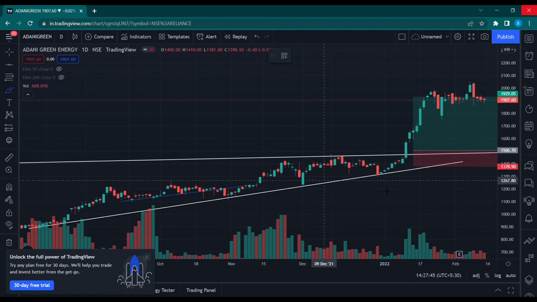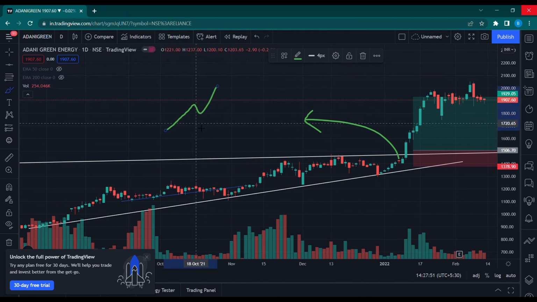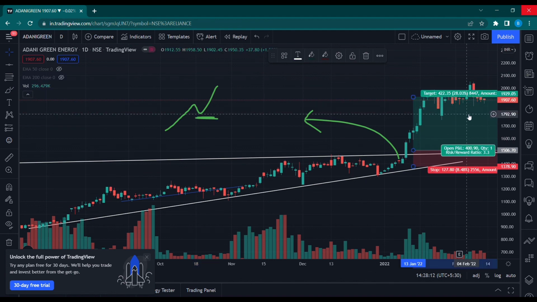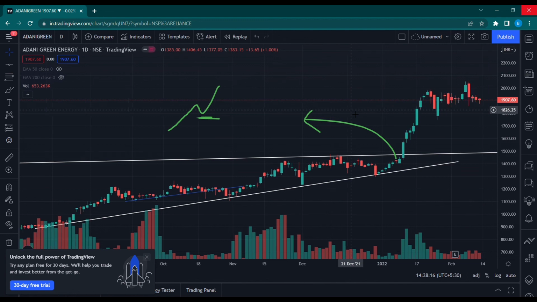So you see here, if I were to talk about this move, this was basically something like this, right? So you could put your stop loss just below this one, or maybe here. So 1378, that can be a good stop loss. Entry at around 1520, and then you exit at maybe probably 2000, right? So 2000 can be a good target which will be achieved here, right? Ultimate target I'm trying to say. So this was an ascending triangle breakout.